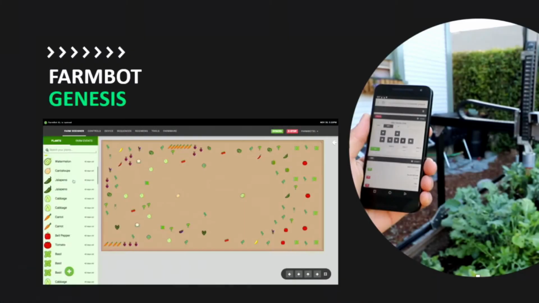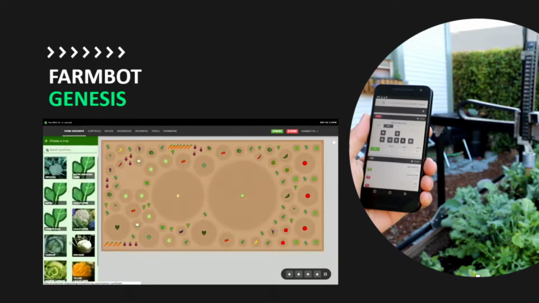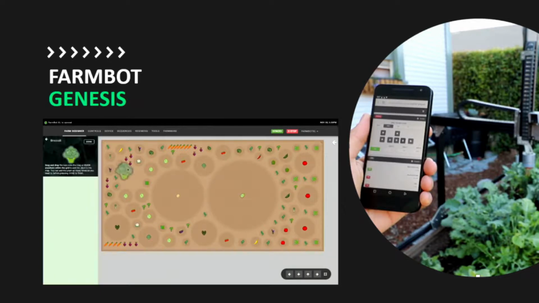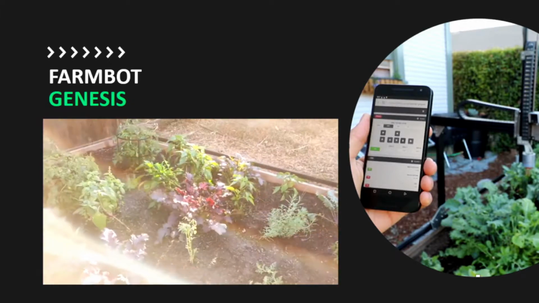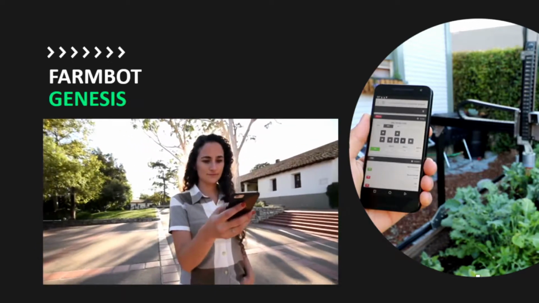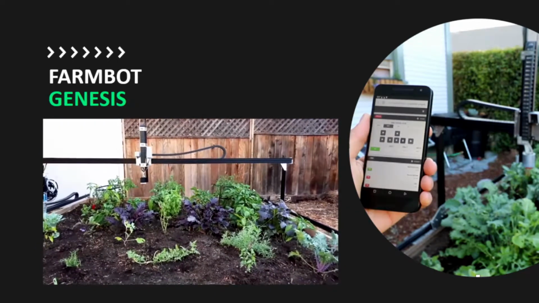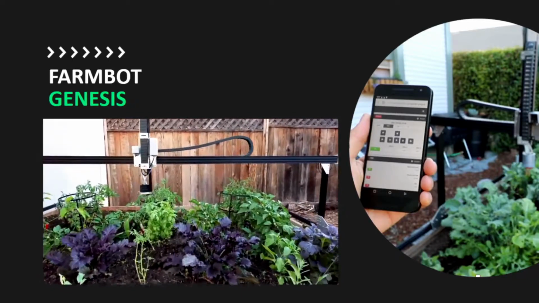One of my all-time favorites, and I've been really watching this one for a few years, is FARMBOT. And FARMBOT enables you to remotely control and interact with your own garden. Best part is it looks after itself. So you can interact with it and still be able to do gardening things because that's fun for relaxing. But you can literally watch it grow remotely.